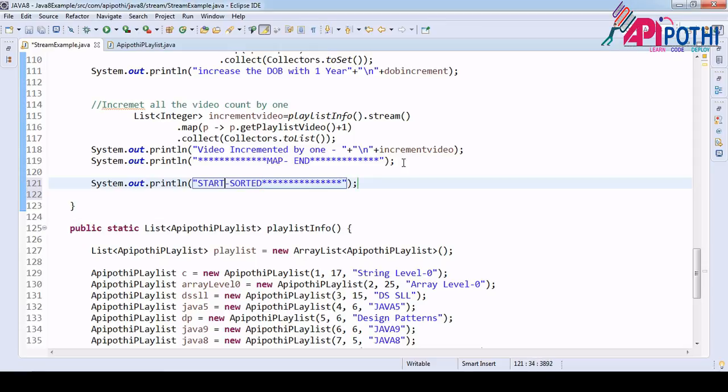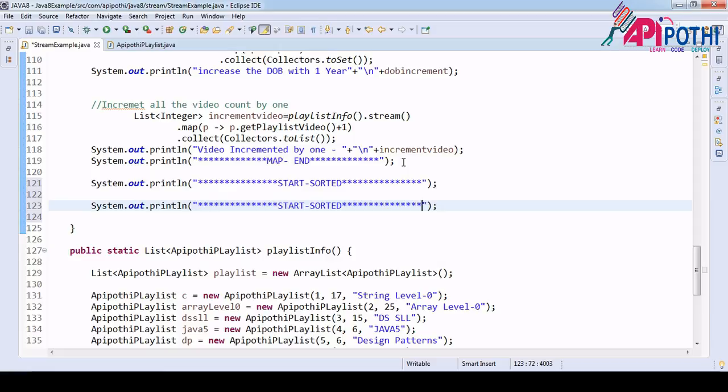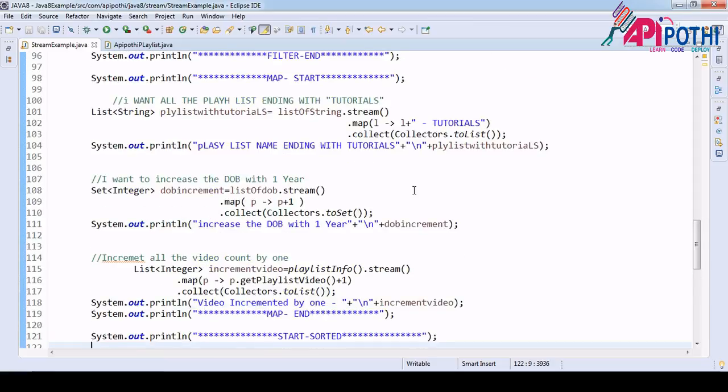Okay, now paste it here also, so we know where we are going to write the code. This one is end. Okay, now since we want to do the sorting, so first we need to get the